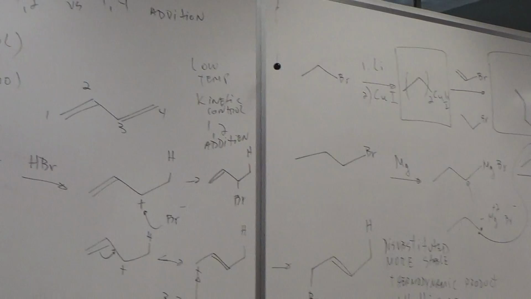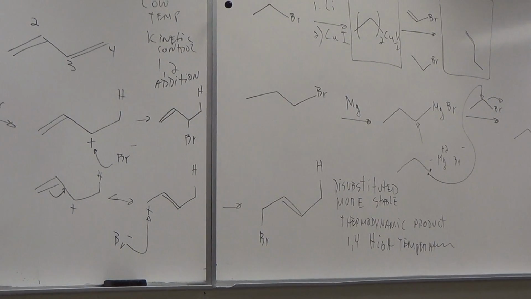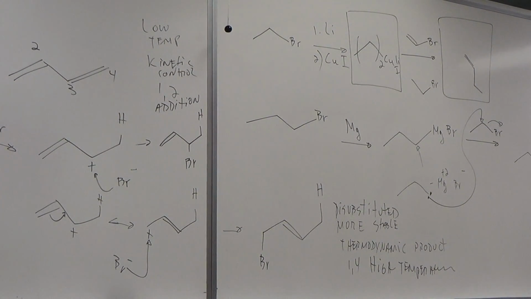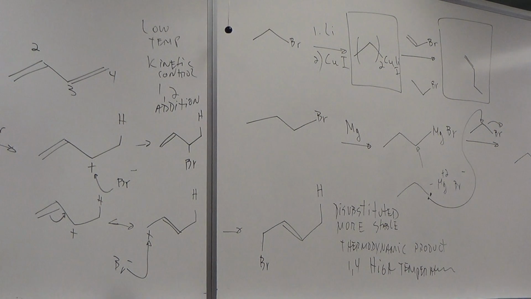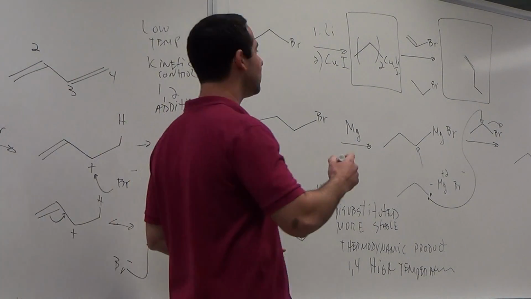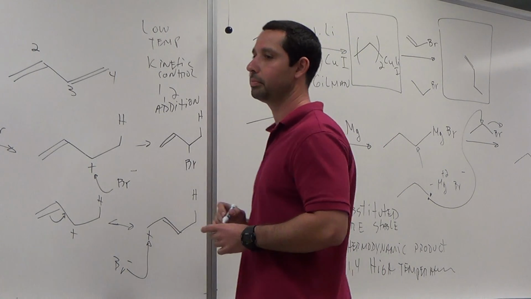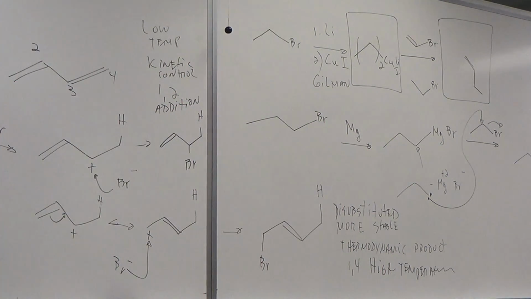So we're going to do Diels-Alder now. Diels who? Diels-Alder. By the way, these organocuprates are called Gilman. Yeah, this was on the test. This is called Gilman. Yeah, I put it on the test, but you guys did not have a clue. You're like, who's Gilman? That was what he asked me.